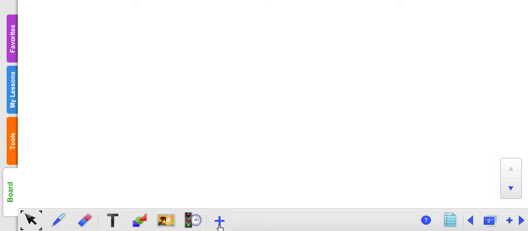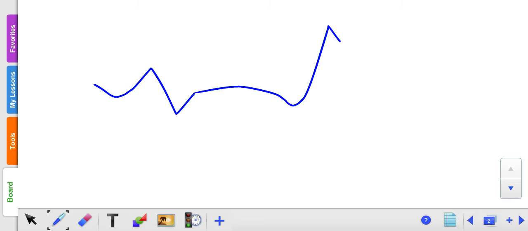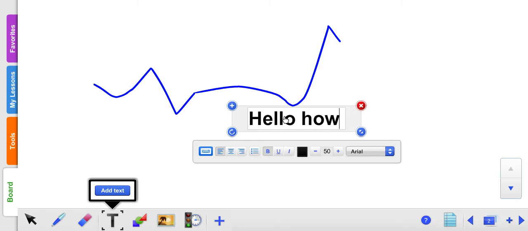If you have a smart board or interactive whiteboard, this is something you can use that you don't have to pay for. It works with any markers that you have. This would be the marker tool. You can change the size, you can change the color, and you can write on it. Obviously, I'm using a mouse, so it's not as effective. Eraser, you can embed text in here,